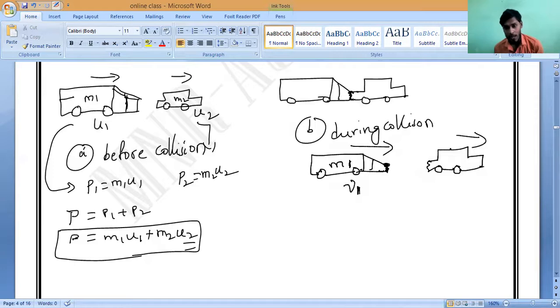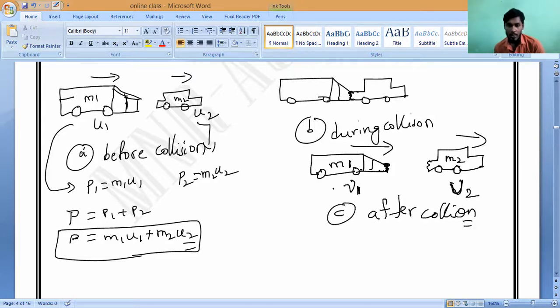And here also the mass is m2. What is the change in velocity? v2. Everybody should speak. Now, what is the momentum after collision? The bodies will start traveling in the same direction. So what is the momentum of the truck? Momentum of the truck P1 is equal to m1 into v1. Next, P2 is equal